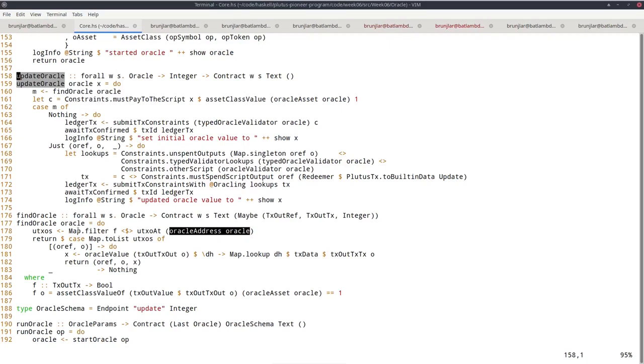So we filter this map. This Map.filter comes from the Data.Map module, the standard container library in Haskell, and it takes a function from the values in the map to Bool, and it will only keep those entries in the map for which this function returns true. And here we now want to check that the NFT is there.